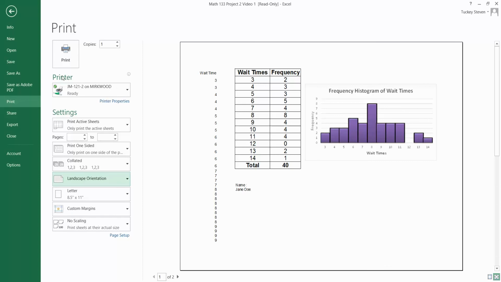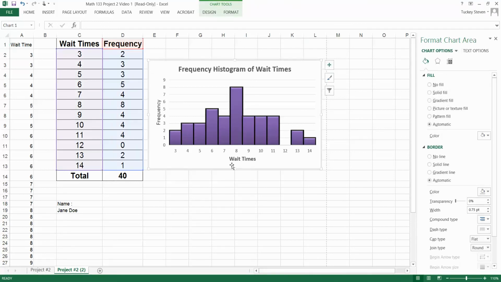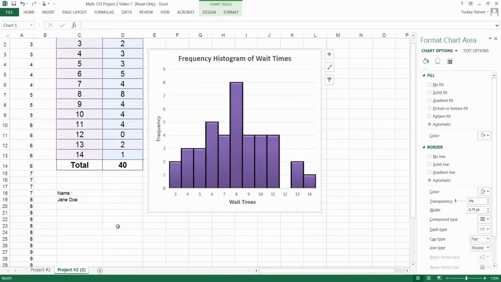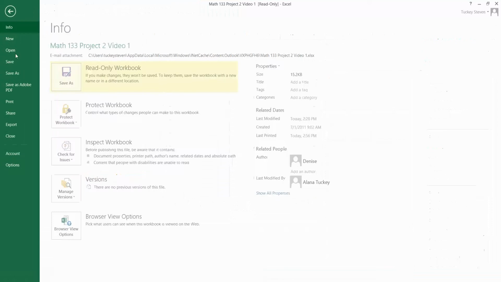But this is kind of small. I'm going to go back with this little arrow here. And you can see that between L and M, there becomes kind of a dotted line. You can see that's where the edge of the page is. So if you like, you can drag your picture, make it bigger or whatever. And then if you go to File, Print,